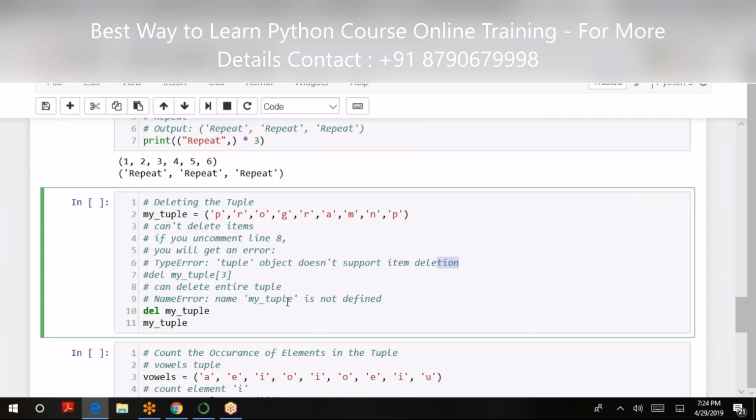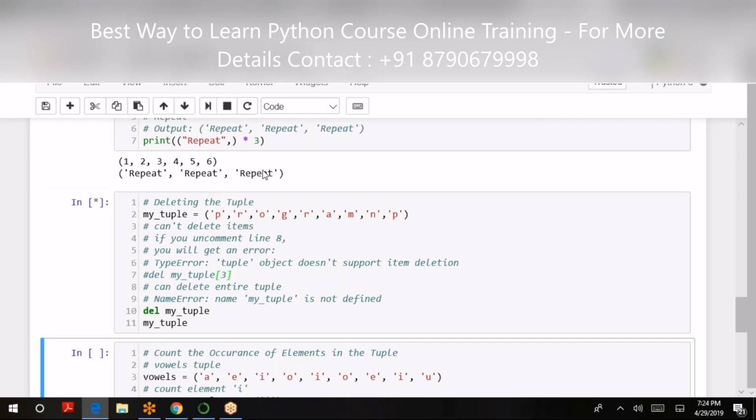Here, I guess, can we use a slash n and it'll repeat in a different line?